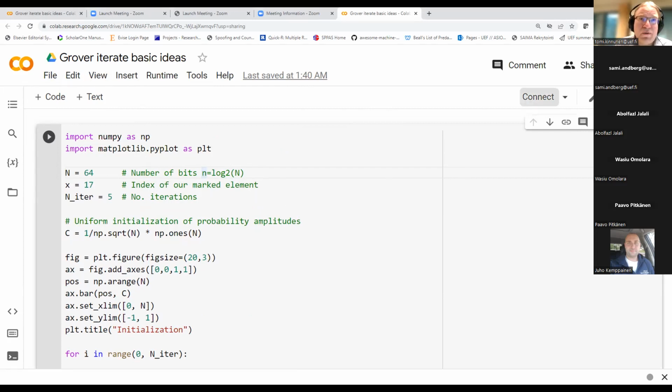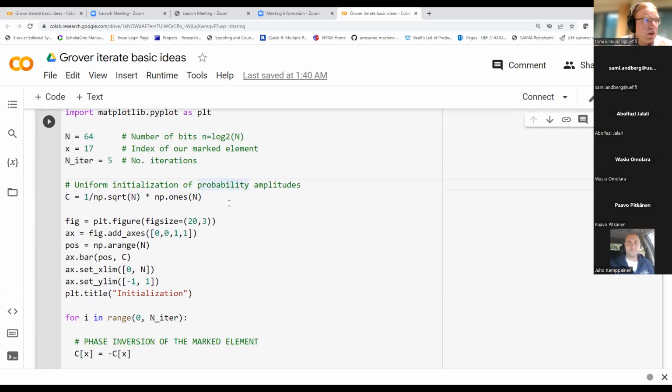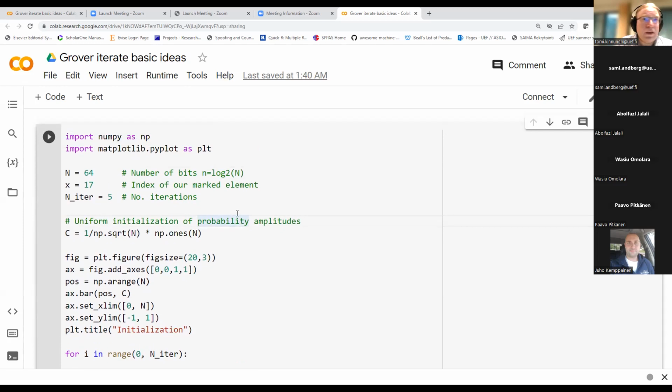I have to say it's a fantastic tool especially for teaching and even for some research purposes. If you are not familiar with Google Colab, it's a very nice way to get familiar with this kind of notebooks and Python. But let's see what we are doing here.